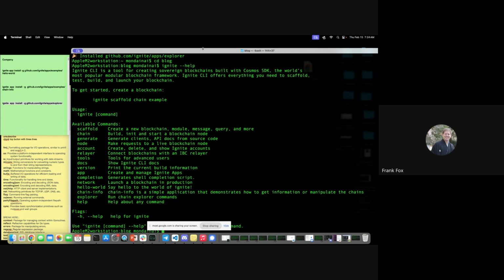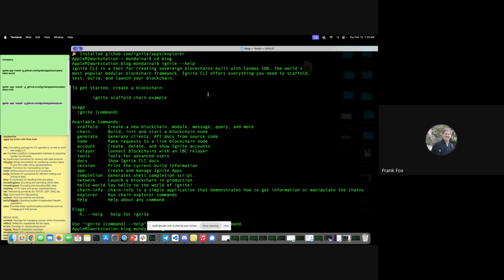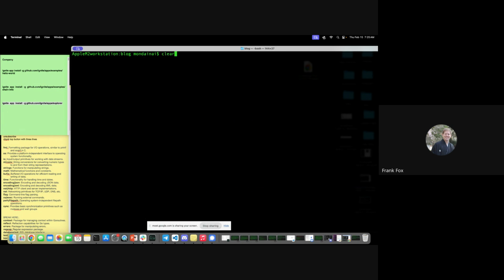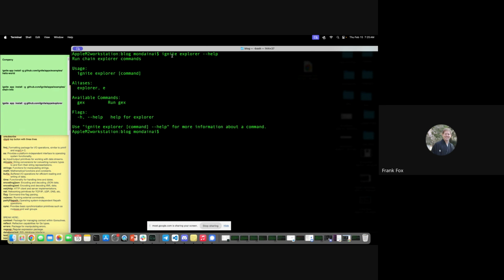So what I'm going to do next is just show you one thing real quick. I'll type in ignite explorer, and I always like to see what subcommands are available. You'll see here that there is one command, and it is gex. For those of you who don't know, Tobias built this. I used it for the first time without Ignite like 6 months ago, and it's quite cool, as you're about to see. So I've seeded into the blog chain. Do I need to be in blog, Tobias, for it to work, or could I do it from anywhere? Yeah. Okay, great.